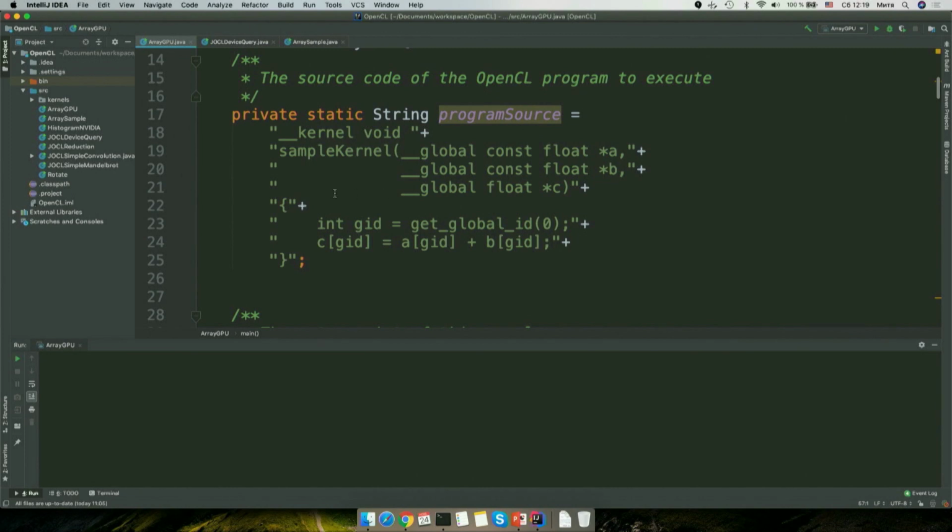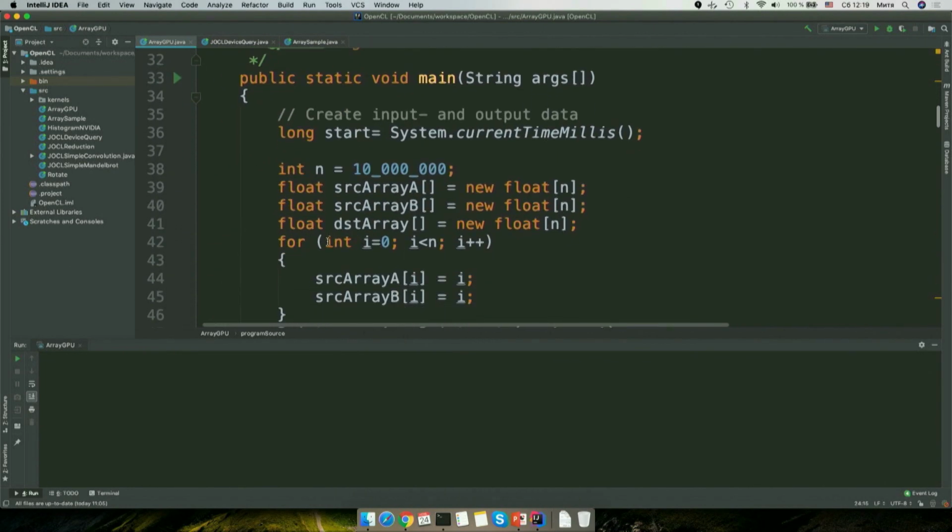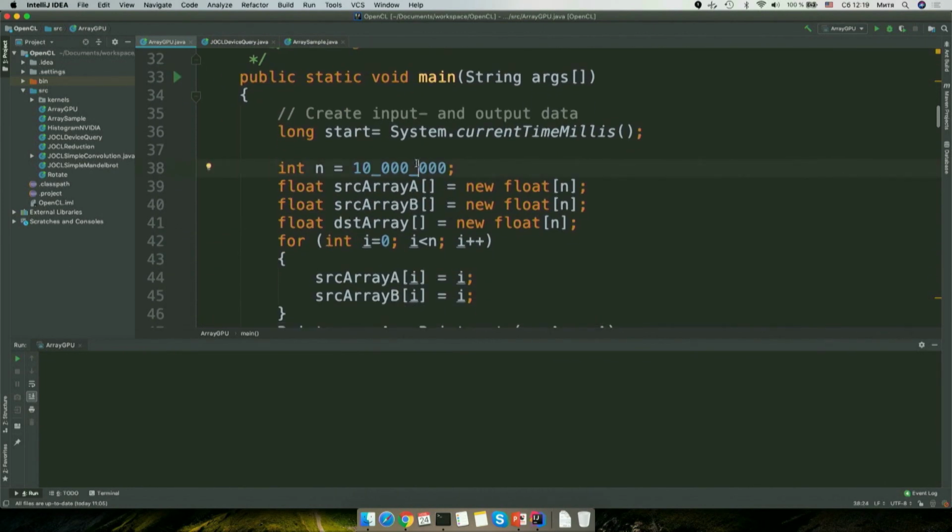I won't go too much into details because we could stay for 2 more days here. This is actually the operation we are doing. We take one array with its ID, the second array with its ID, and we write the results in the third array. So this is a very small program. Then we have to make a ceremony. We'll make 10 million add operations on my GPU. And then we will make a lot of ceremony.